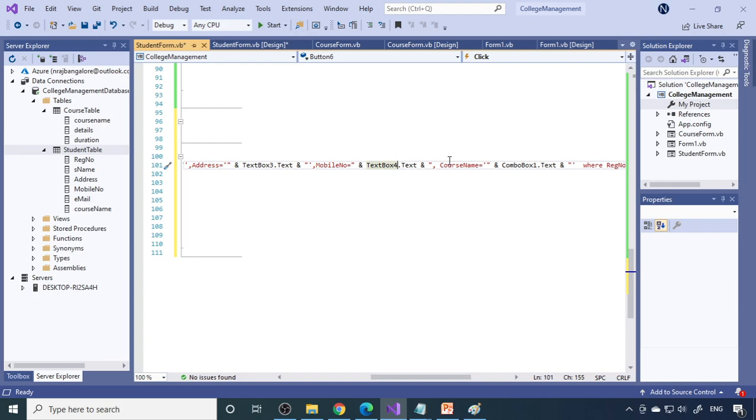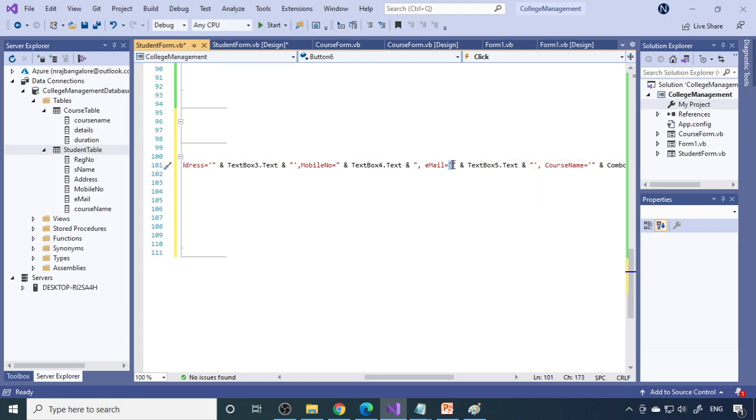Okay, so paste again, so copy that first. So take care of commas too. So one comma should be there. Okay, so now here it is email. So this is text box 5, and for these, quotes are required on both the sides.